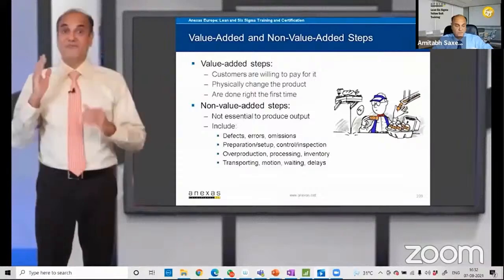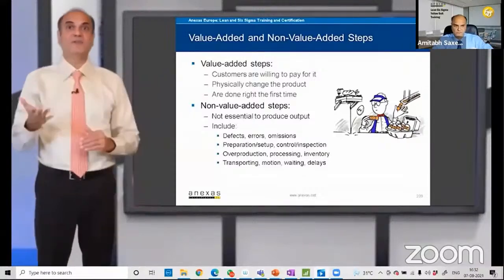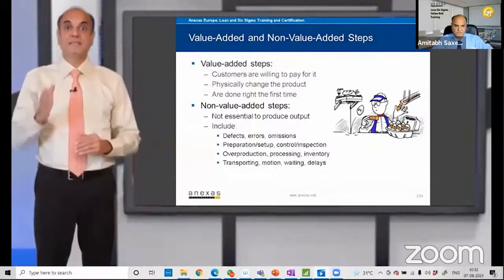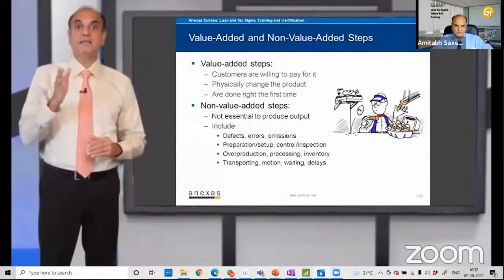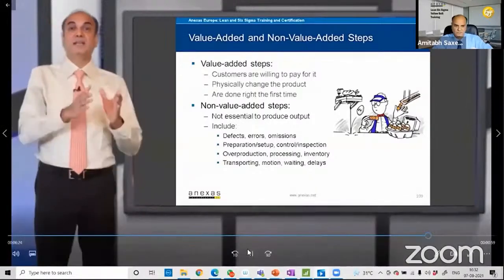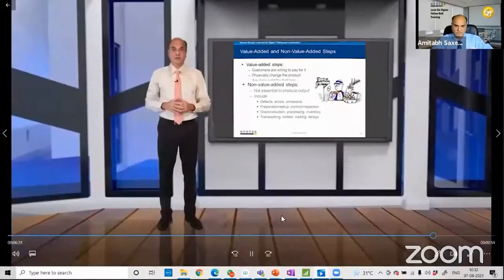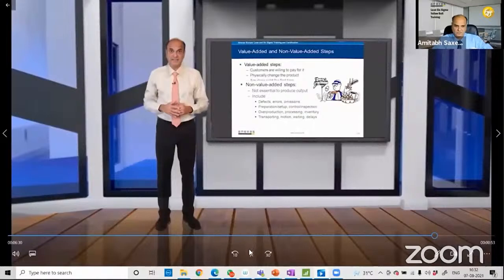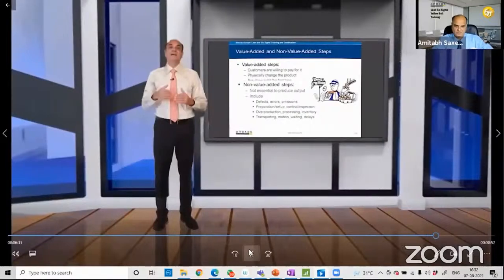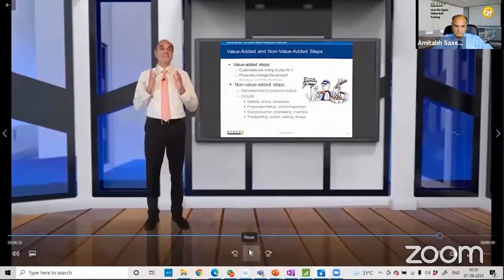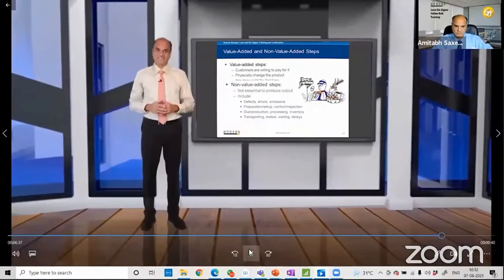And also one more criterion for assigning a step to be value added is that it should physically change the product and bring it closer to the output. So if any of these 3 conditions are not being satisfied, that means this process step is a non-value added activity. It can be classified as a waste. So once you map a process,